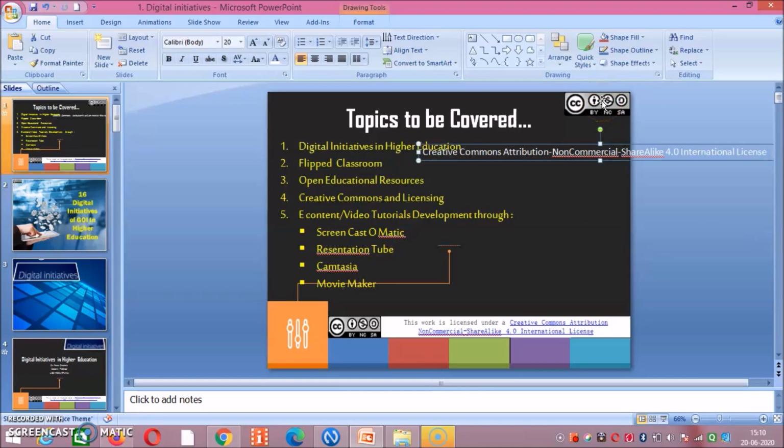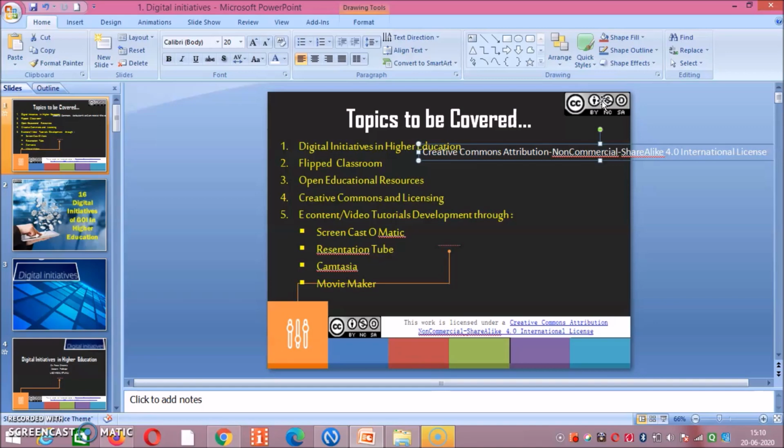So in this way you can get a CC license from creativecommons.org and paste that license image over the first page of your file, either Word file, PDF, or PPT, which you want to upload on oercommons.org.